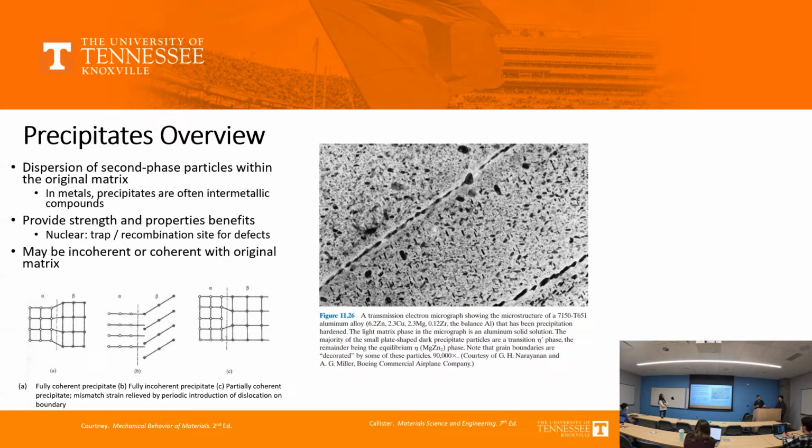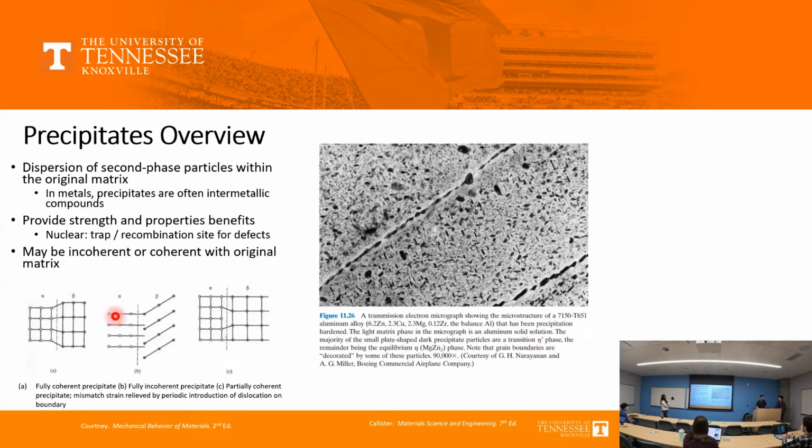In the nuclear zone, which we care about a lot, they act as traps and recombination sites for defects, which is critical to controlling microstructural evolution during irradiation. That trapping occurs at interfaces, the interface between the precipitate and the matrix it rests within. So you see, once I turn this laser pointer back on,